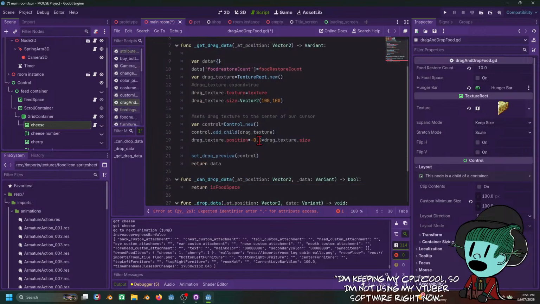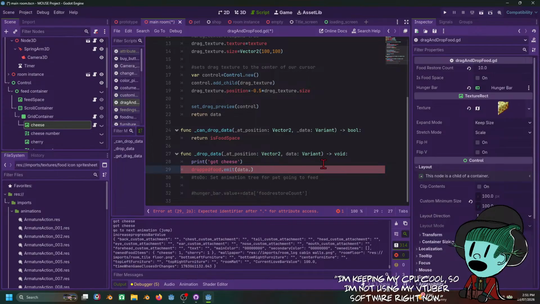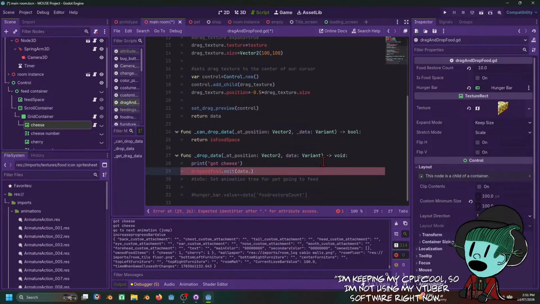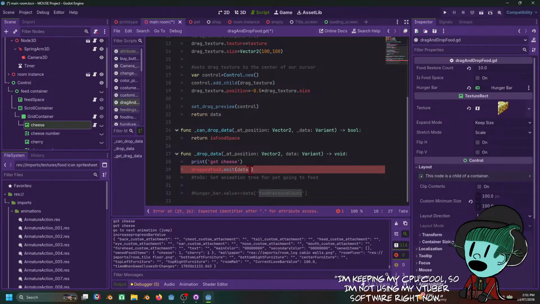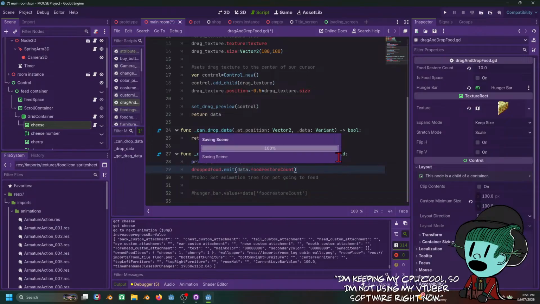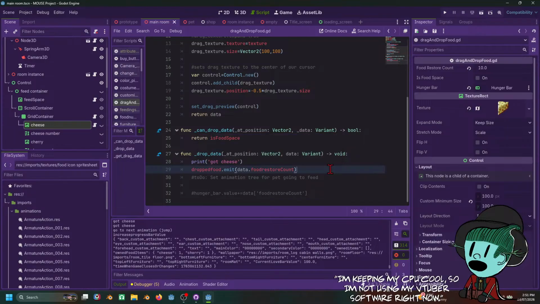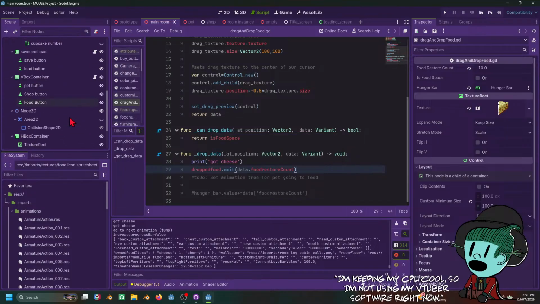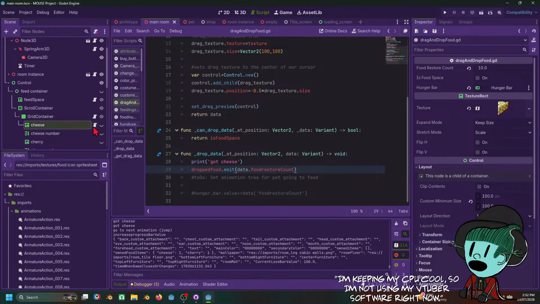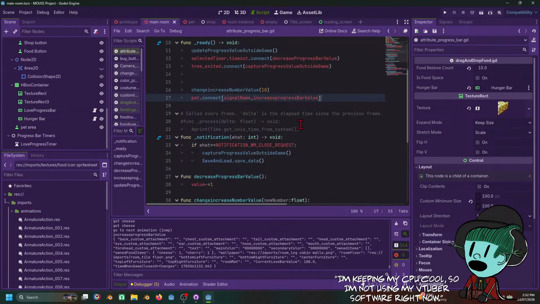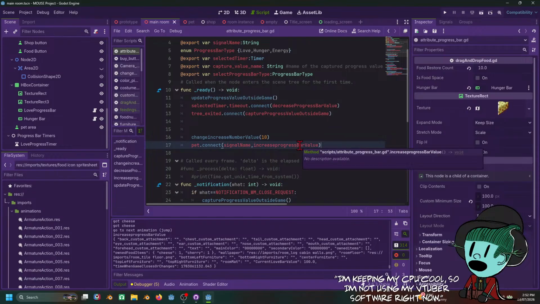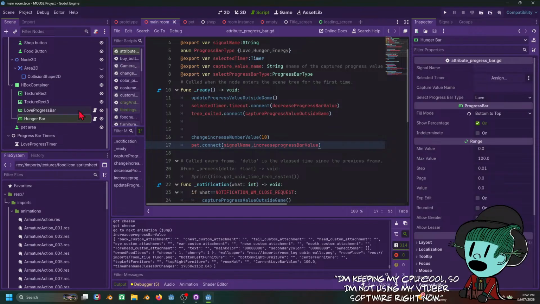There we go. Data dot food restore count. There we go. Alright, so we got this, and then we go back to our cheese or grid, or this one. Okay, so this one,